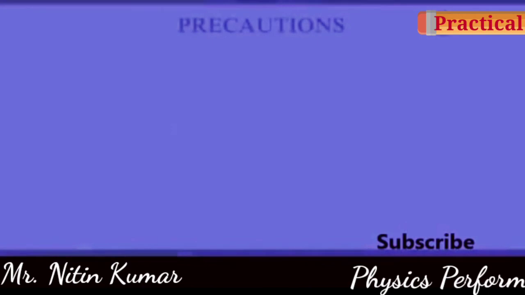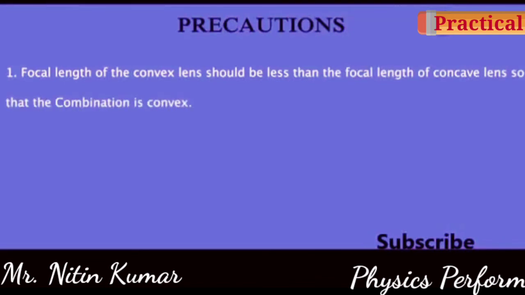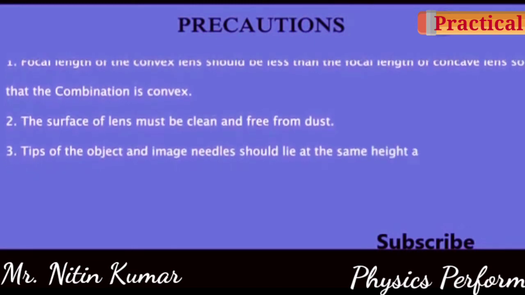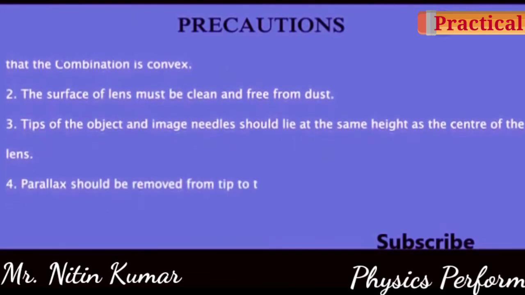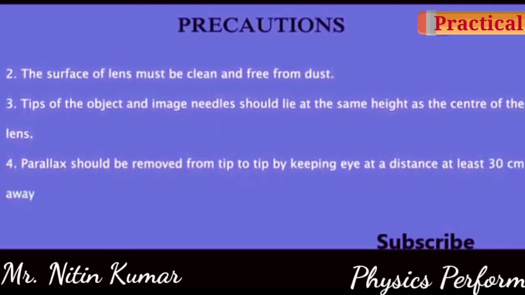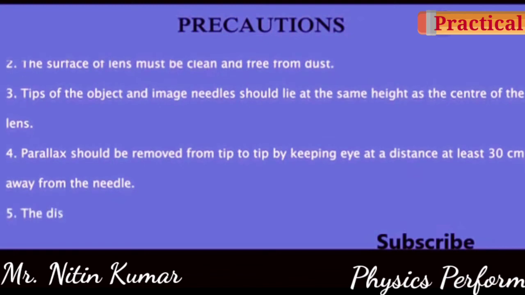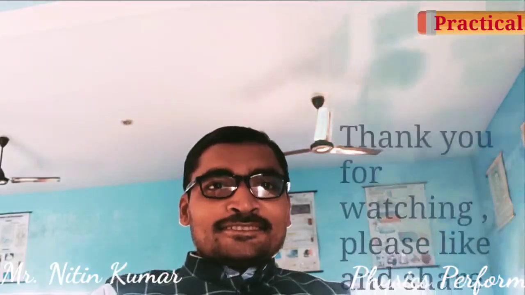Precautions. Focal length of the convex lens should be less than the focal length of concave lens so that the combination is convex. The surface of the lens must be clean and free from dust. Tips of the object and image needles should lie at the same height as the center of the lens. Parallax should be removed from tip to tip by keeping eye at a distance of at least 30 centimeters away from the needle. The distance between convex lens and object needle should be in such a way that